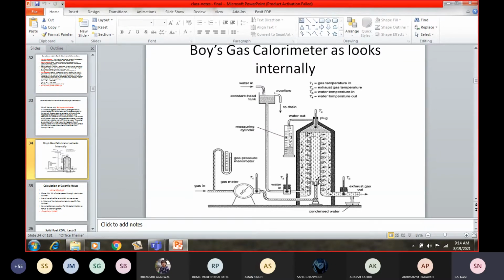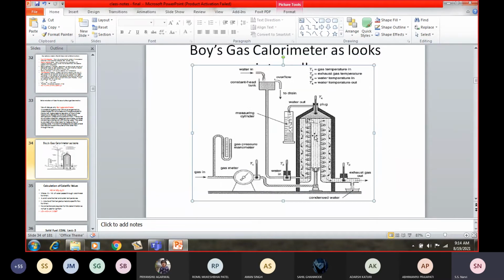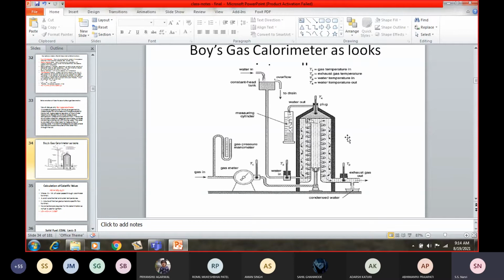There are two types of water. This water is not from this water. This is the circulating water, and this other water has been produced as a result of combustion of hydrogen, so water vapors are generated by the combustion of the fuel, and then they are collected here and condensed back, and the gases, the exhaust gases, will also go out, and the water will be condensed here.